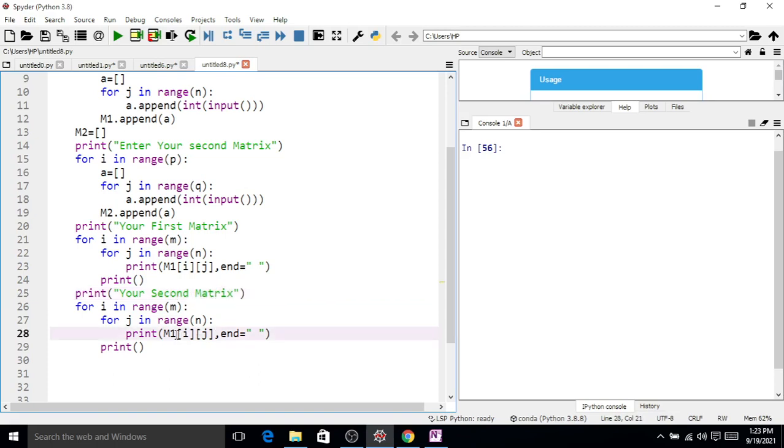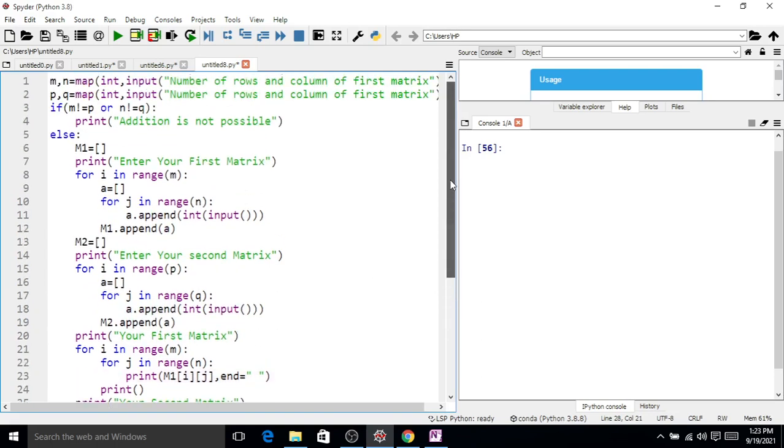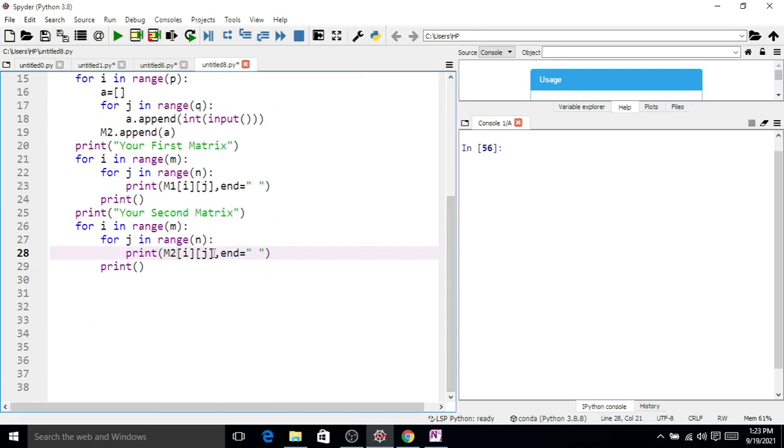You can use M and N also, because when the else part is true, M is equal to P and N is equal to Q, and therefore you can use M, N or P and Q also. So here, P and Q.